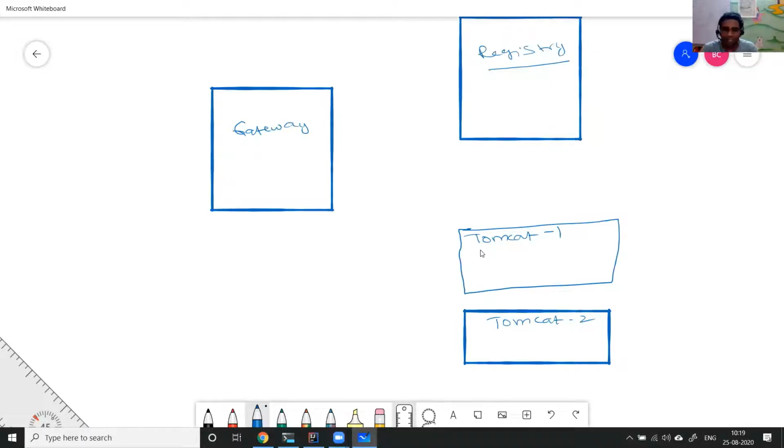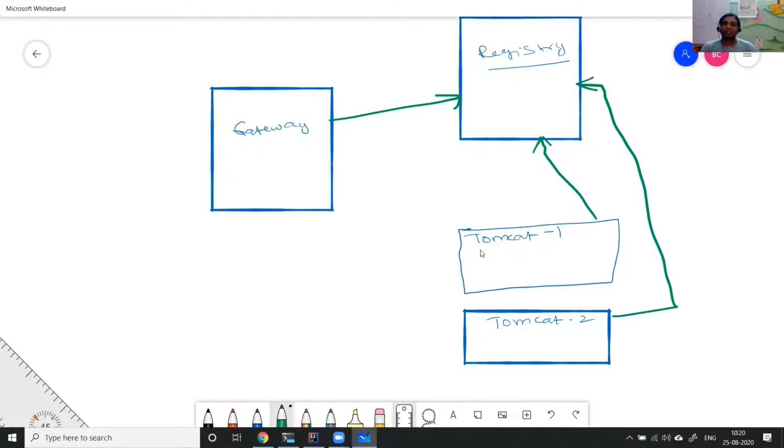I'll call the gateway one service, Tomcat 1 one service, and Tomcat 2 another service. This registry has that information. So when a gateway comes up, it registers with the registry. Similarly, when a Tomcat comes up, it registers with the registry. Another Tomcat comes up, it registers with the registry.